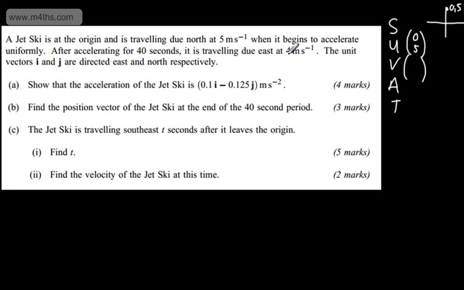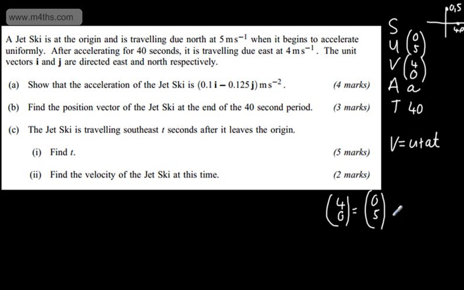If it's travelling due east, we're going in this direction, so this now would be 4.0. So we could put that on, and that would be 4.0. We want the acceleration, which we could call PQ, and we're given now a time of 40. So all I'm going to do at this stage is use v is equal to u plus at. So subbing this in, what we can say now in column form, 4, 0 is equal to 0.5 plus the